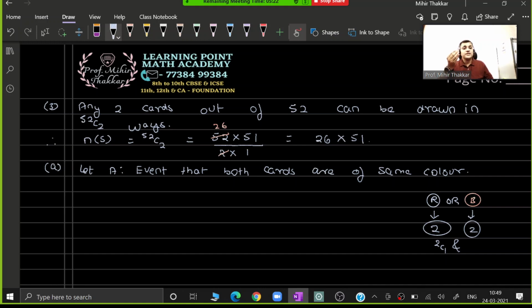So each color has got 26 cards. Therefore, I have to select two cards out of 26 cards of that color which was being selected over here. So two cards can be selected in 26C2 ways. And over there indicates multiplication, as we all know. So when I want to get the n of A value, I have to multiply these both numbers. But directly before calculating the n of A, let us write a few statements and then we will go for n of A.